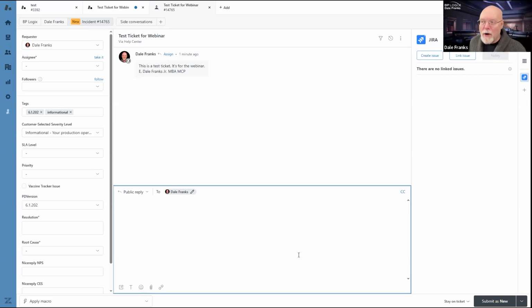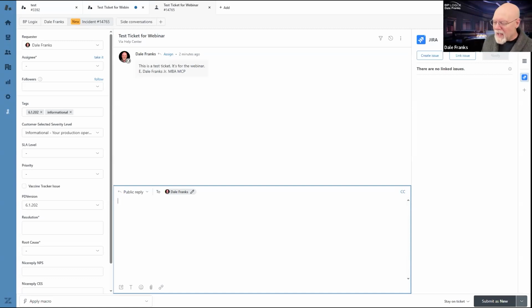So I get a warning just to be able to go and tell that agent, hey, you're about to breach the SLA. You have to respond. I believe also the implementation team lead gets that same notification that one of their team members is about to breach the SLA. So we can't hold them in our queues, but you can hold them in your queue with a couple of caveats.